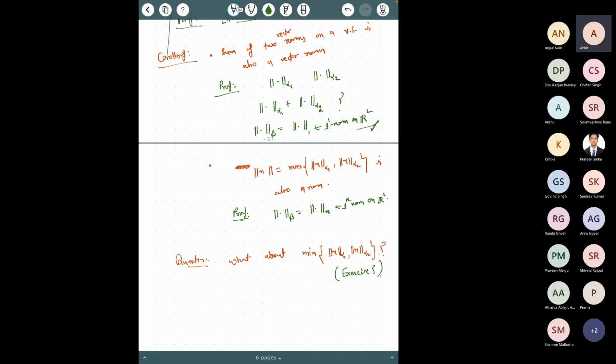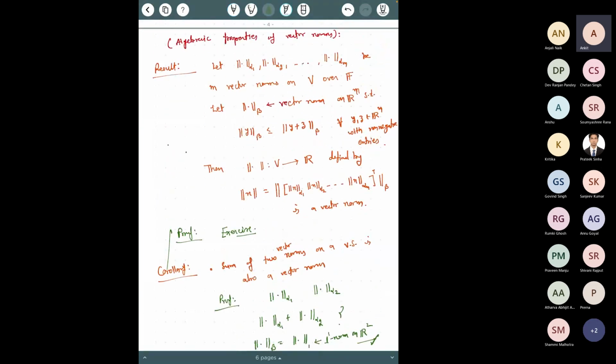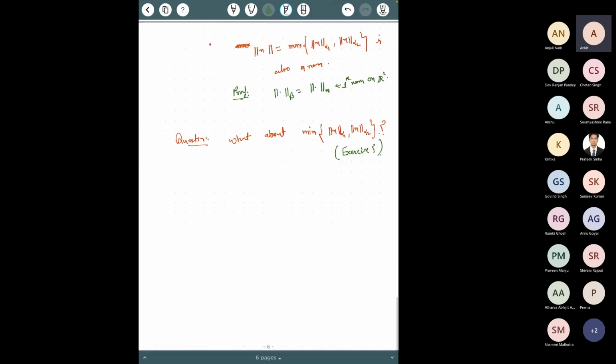Okay, all right. Now, as I mentioned again, there are many norms that satisfy this monotonicity. But then there are also some particular kinds of norms you can define which do not satisfy this property, and therefore this result is not valid for such norms. For example, I can give you one example here. Suppose V is, let's say, R2,